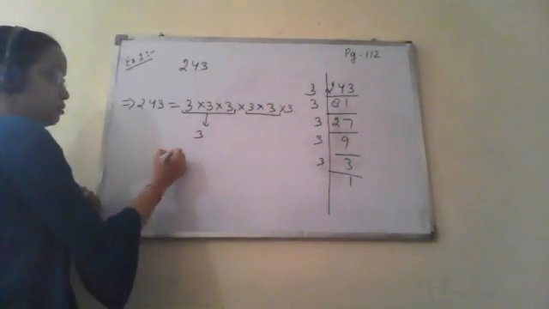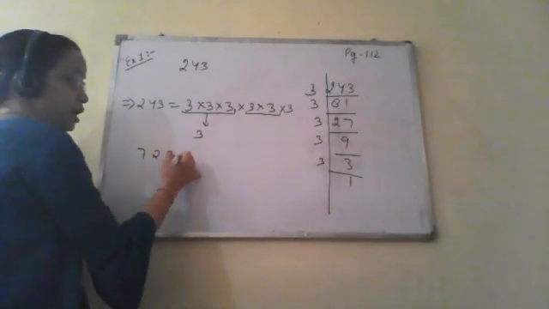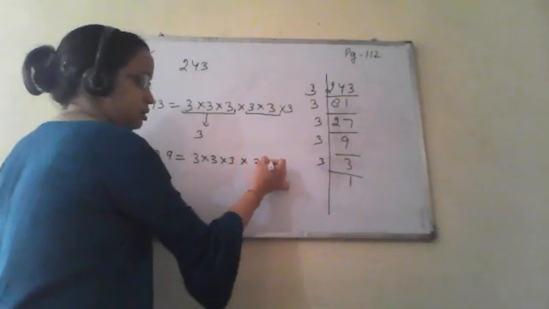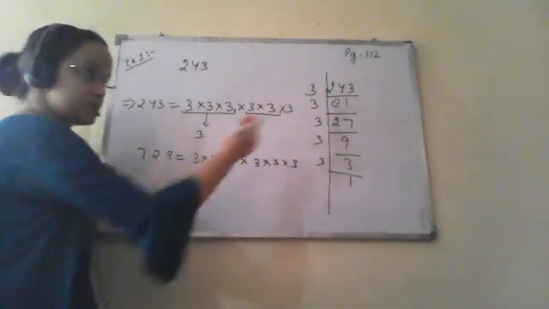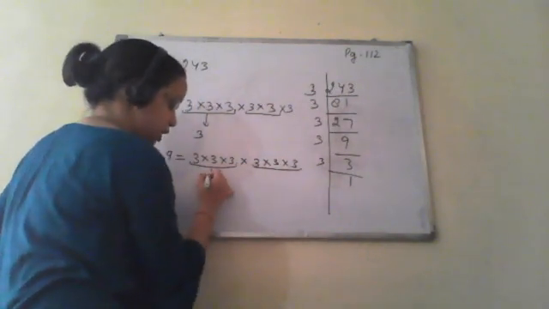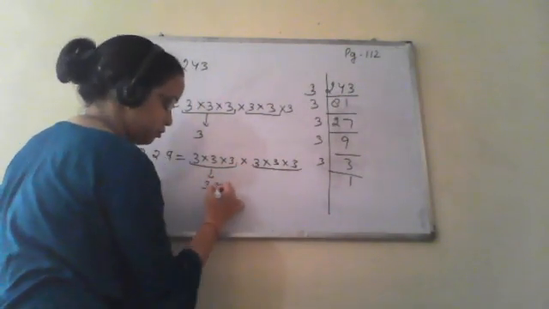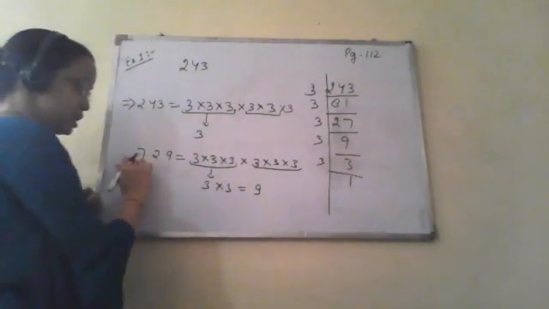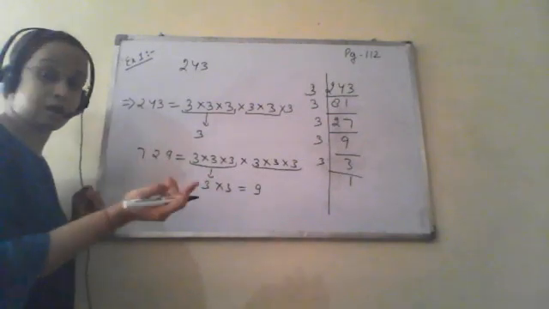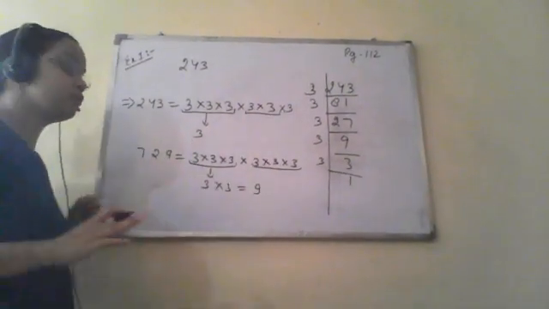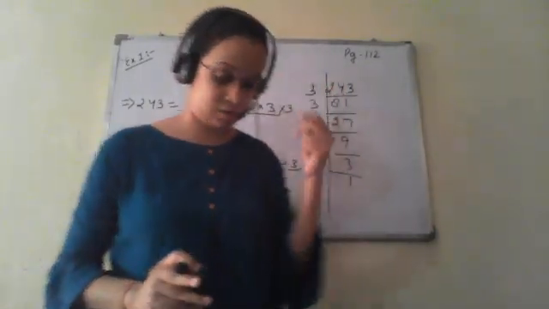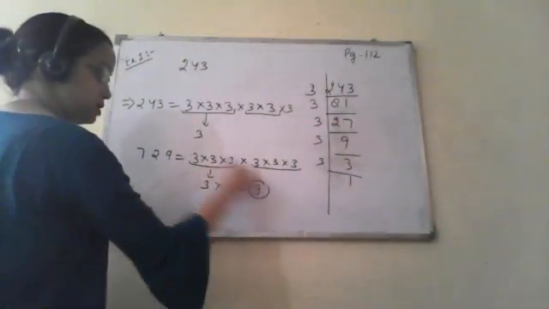If you multiply by 3, it will become 729, and this 729 can be expressed as 3 into 3 into 3 into 3 into 3 into 3. From these two triplets, we will take one 3 from this and one 3 from this. Like square roots in squares, in the case of cubes we will take the cube roots, which we will discuss in a later section. So the cube root of 729 will become 9.